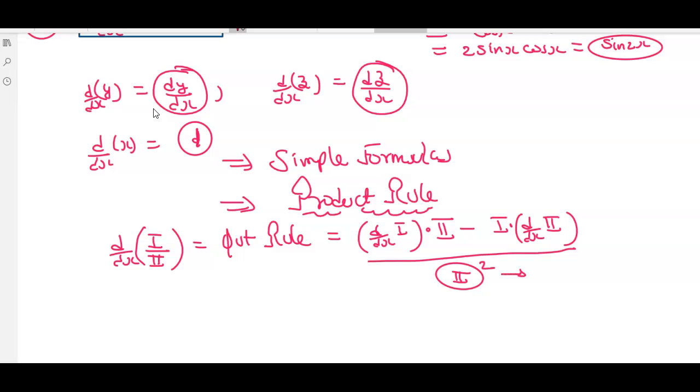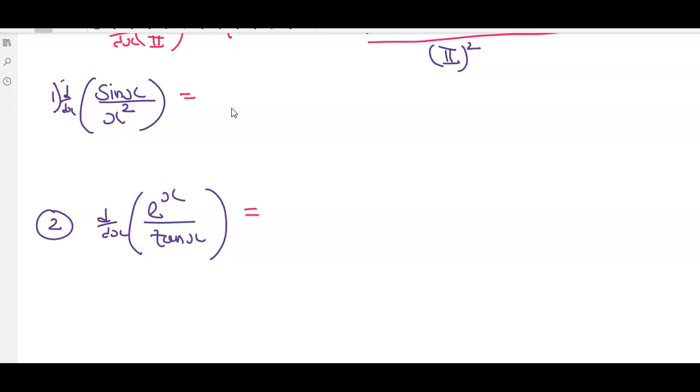I'll mention it because this is in auto shape mode, so I'm just removing that if it is beneficial, because otherwise it will create a problem. I have changed the ink color also. In the denominator we have this. So let's apply this rule for the other questions. Now further, if we have this question sin x upon x square, we can very well do it like this: 1 upon x square is x to the power minus 2, but I'll here prefer to solve it by the quotient rule.